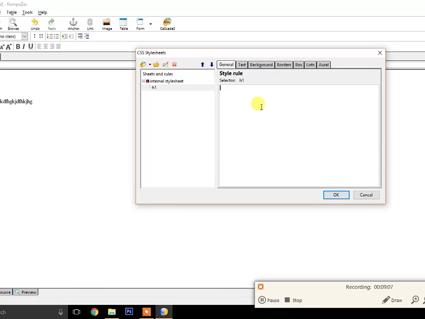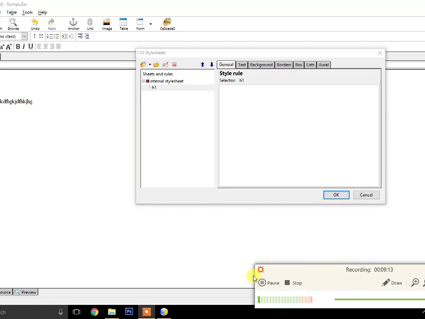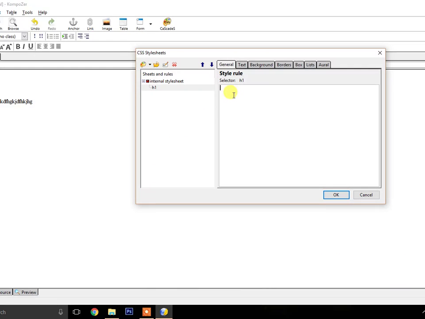Now whatever you write here is going to apply to your h1. Let us write something. For example, I want to give color red, so its text is red.